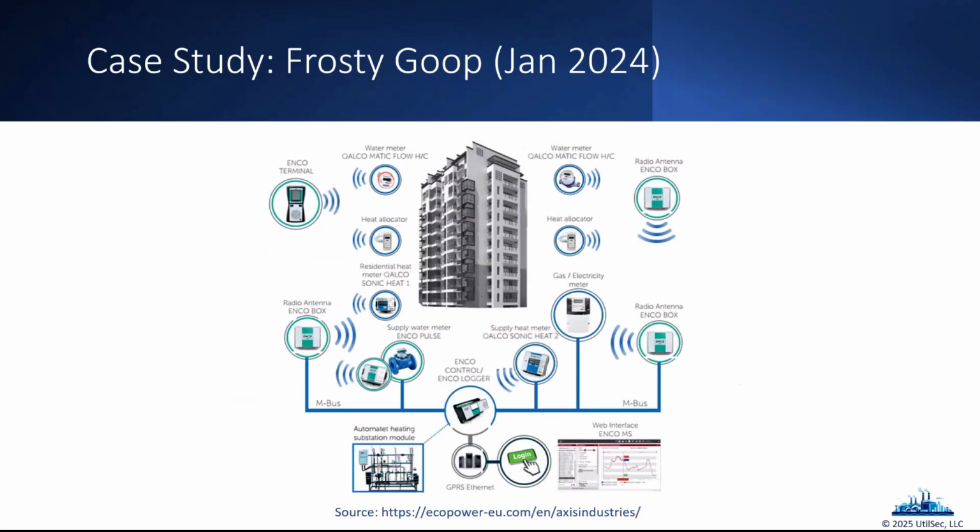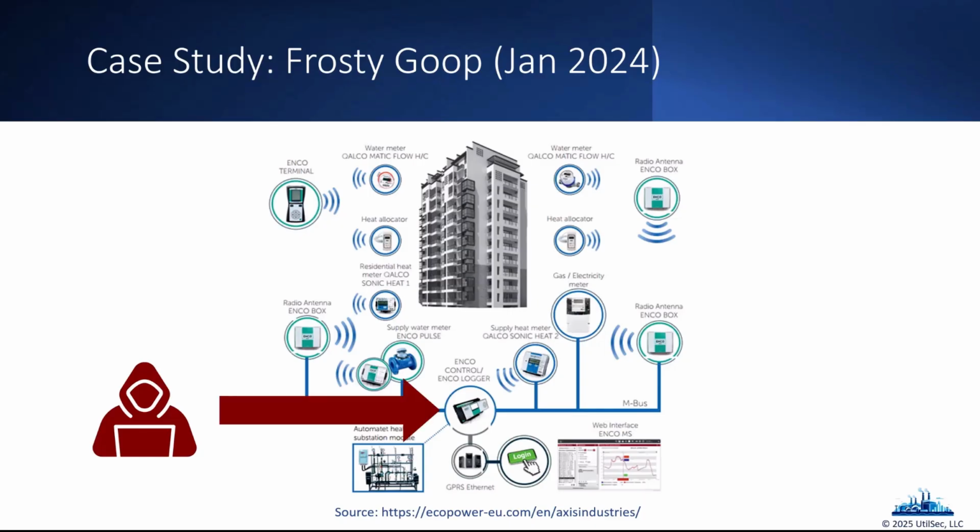And so here's a picture coming directly from the documentation of that Enco vendor, which makes that controller. It shows how we have sensors throughout the apartment building to understand the various temperatures, and the controller that we can program so that it understands how to control heat throughout the apartment building. And then the attacker is able to come in, interact with the controller, and essentially override certain aspects of its programming,